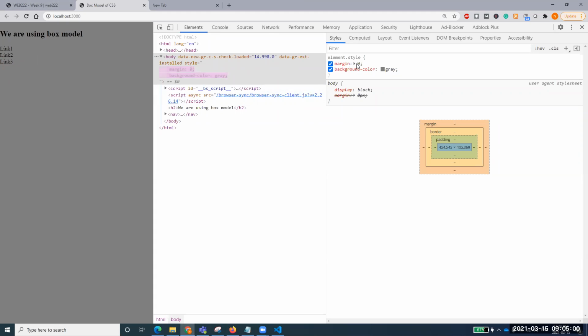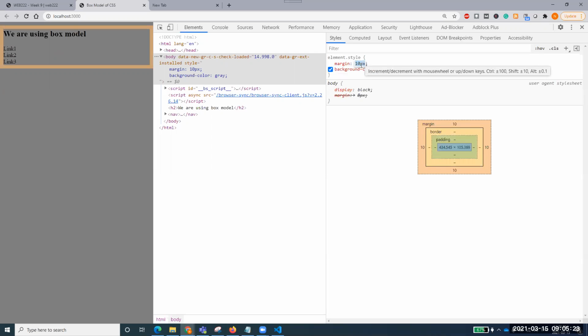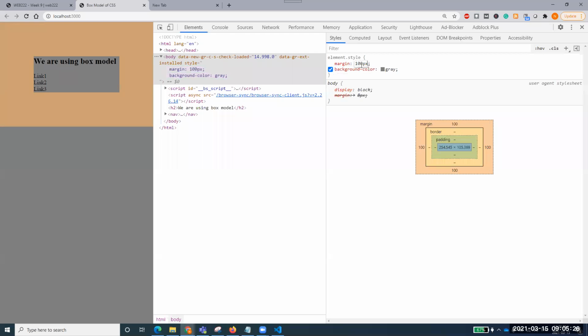And how about this one? If I do this 10, what will happen? Okay, 10 pixels. You see what has happened? My margin is now 10 pixel, and my document has started to come away. Which is very odd, but I do it to check it. Do you people understand what is going on? This is the margin now. This orange area is the margin now. I hope everyone is getting that.